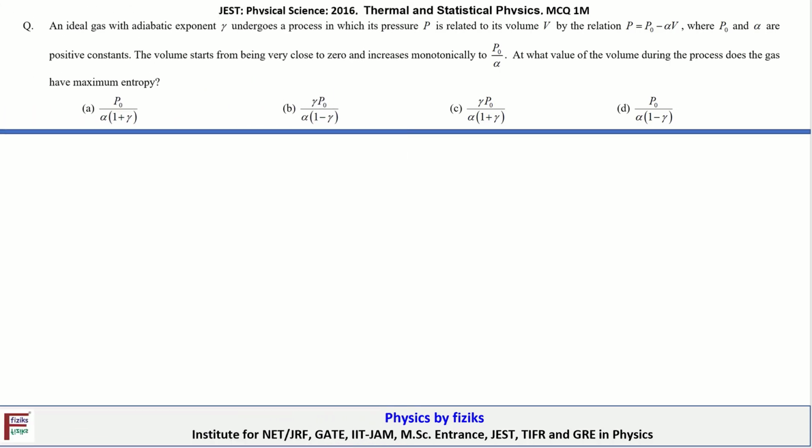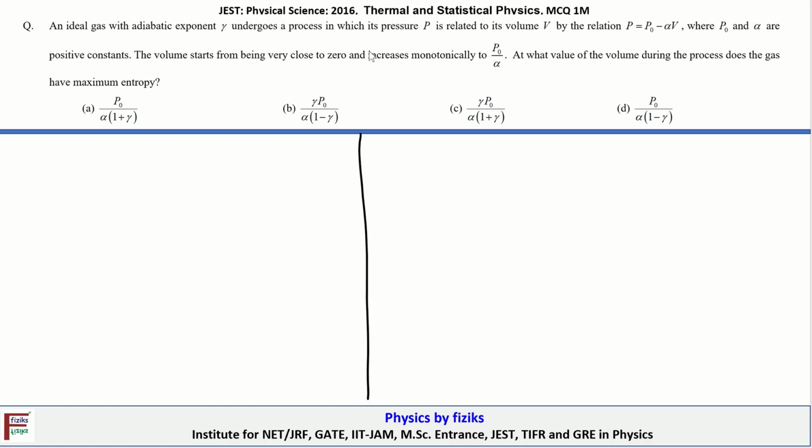So in this video I'm going to discuss the problem in thermal and statistical physics which appeared in the JEST Physical Science 2016 examination. So let's take a look at the problem first. The statement is: an ideal gas with adiabatic exponent gamma undergoes a process in which pressure P is related to the volume by the relationship. So we are given a relationship here